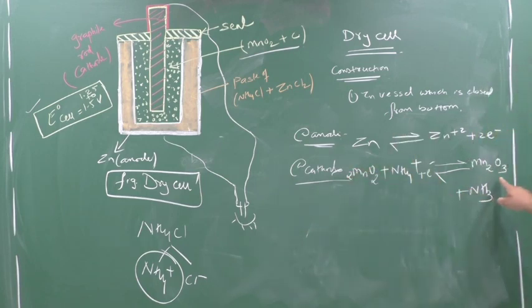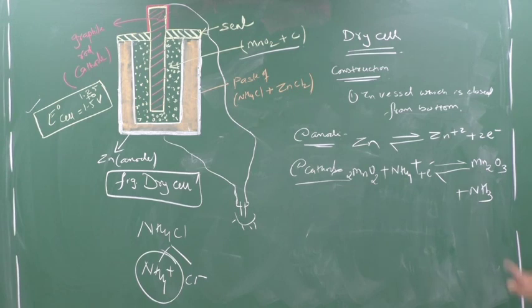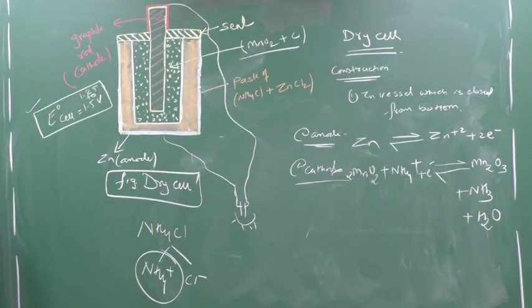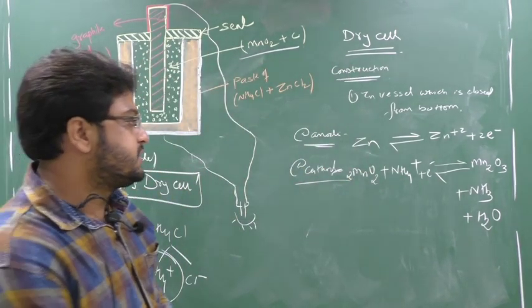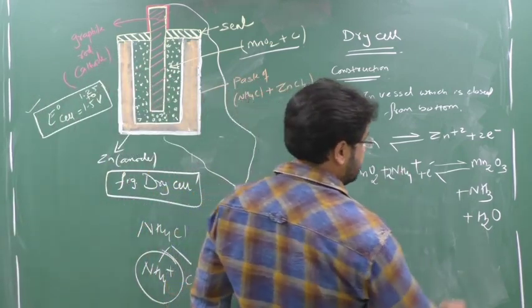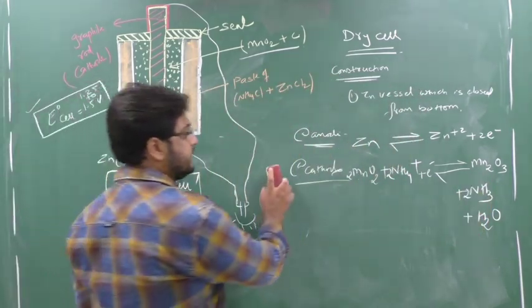Clear? Now how many oxygen do I have? 3. How many oxygen do I have here? 4. So where is the oxygen remaining? Here the oxygen is remaining. So how many oxygen? 1 oxygen. So you know oxygen is balanced by H2O. When you balance the reaction, everything gets balanced. Clear this part? So this can be the reaction. If you balance the reaction also, here 2, so 2 4s are 8, so here also 2. You can see here. Clear? Or I will add one more reaction.